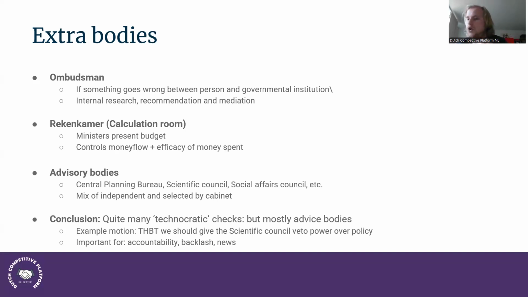I'm not saying that there is no corruption in the Netherlands, because this is a big statement to make, but it shows you that there are so many checks and balances, either from independence from the state, from giving a lot of research which is accessible to journalists, from also just literally a calculation of checking money flow, which means that even if something goes wrong, there's a lot of accountability there,